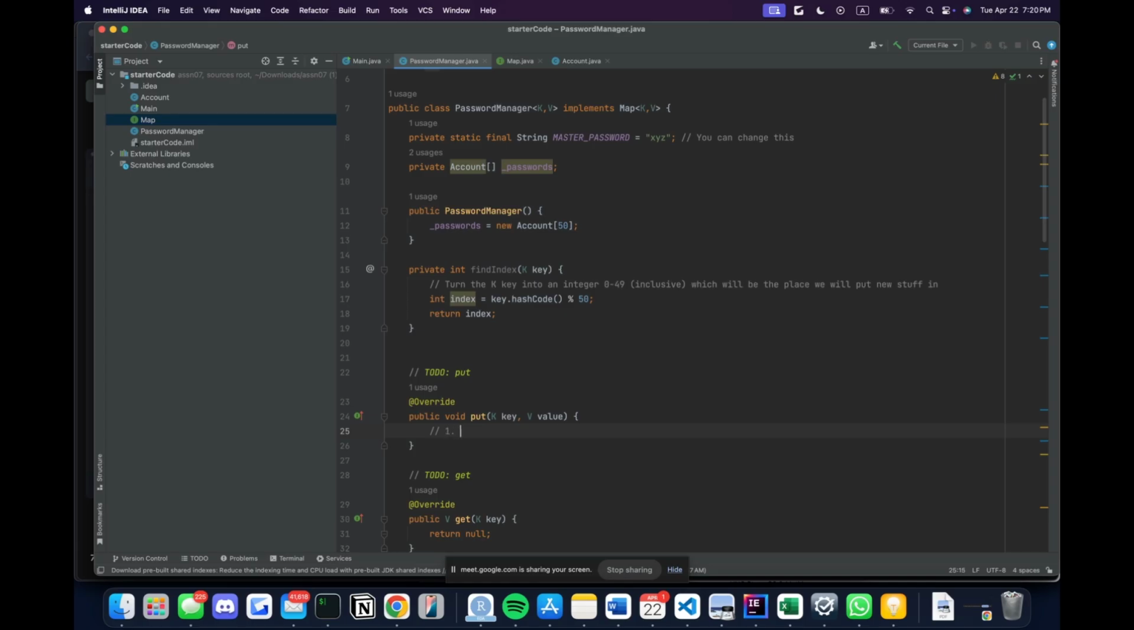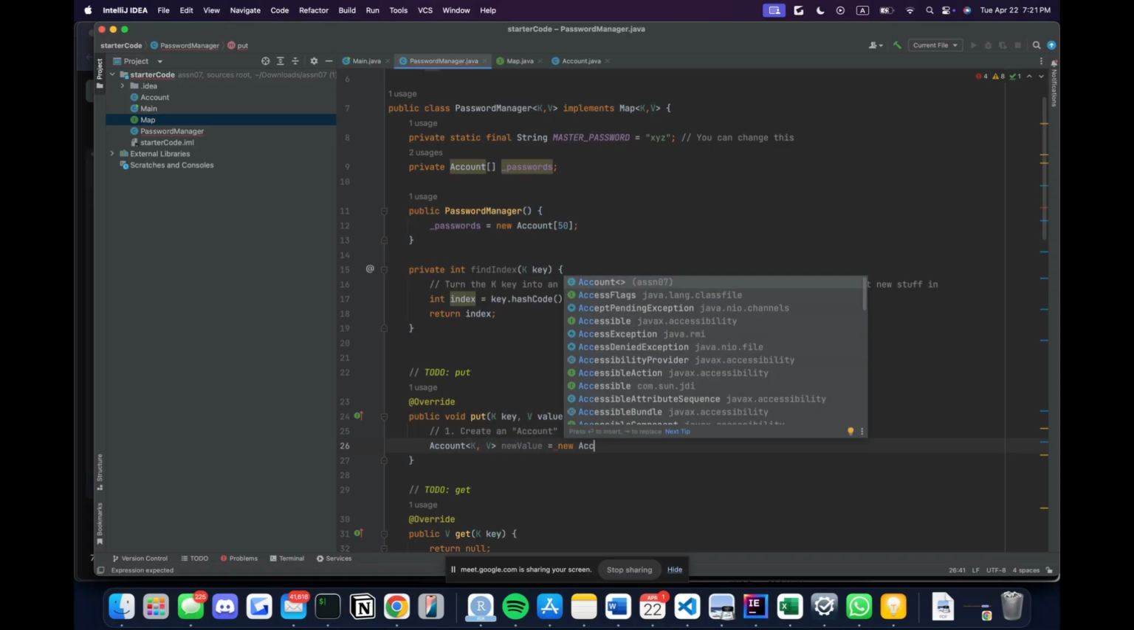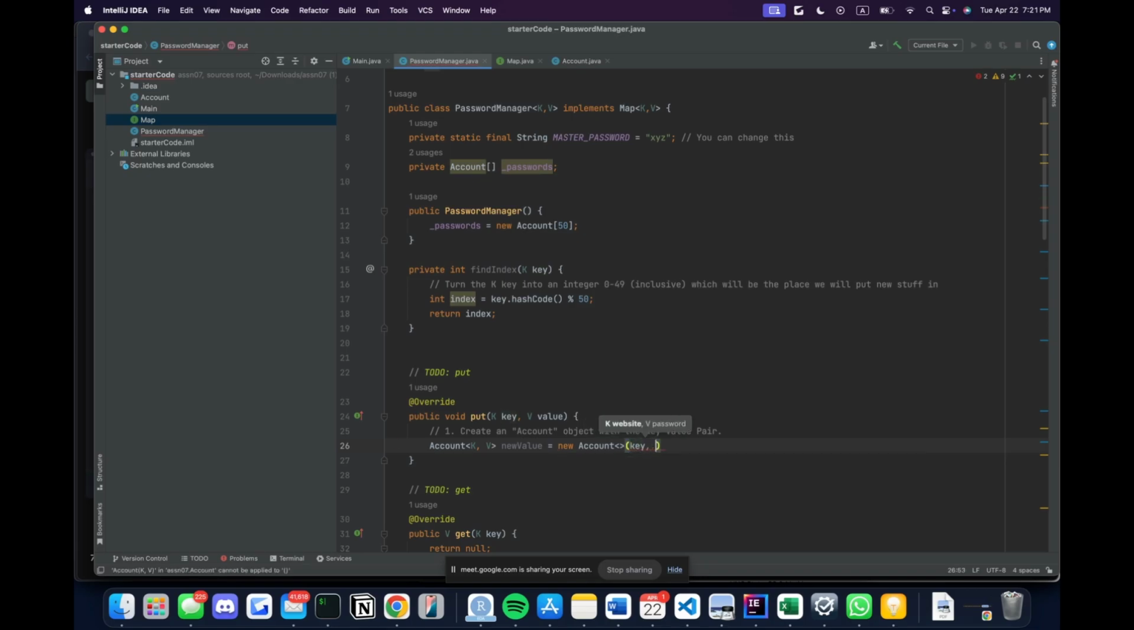So first step, create an account object with the key value pair. Okay, hopefully this isn't too bad. I'll just give this one away. This would be as easy as creating some kind of placeholder variable: new value equals new account with key and value. So this is what it's saying. We're creating some variable which we're eventually going to add into our array or our hash map. And then 2,